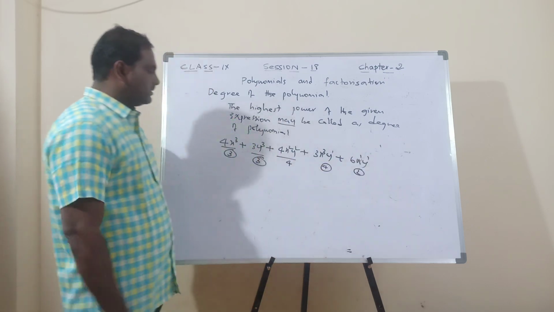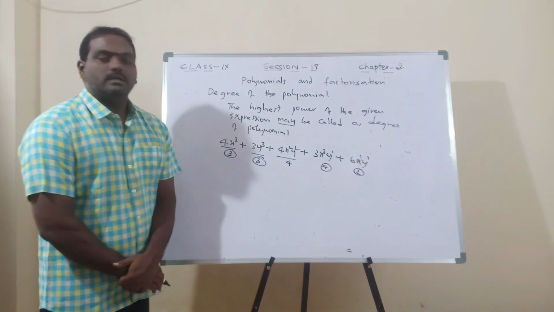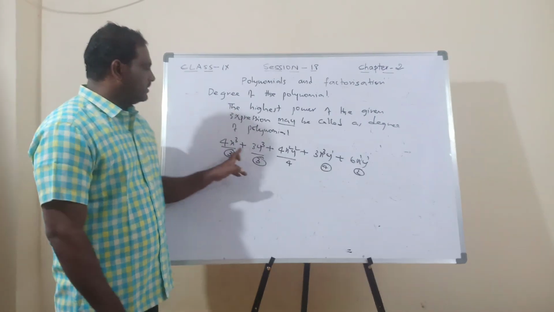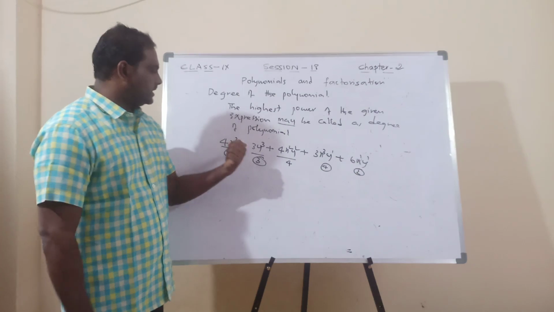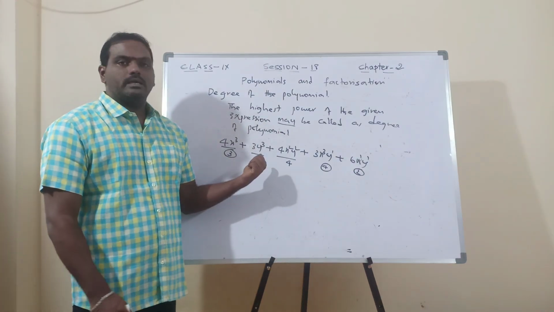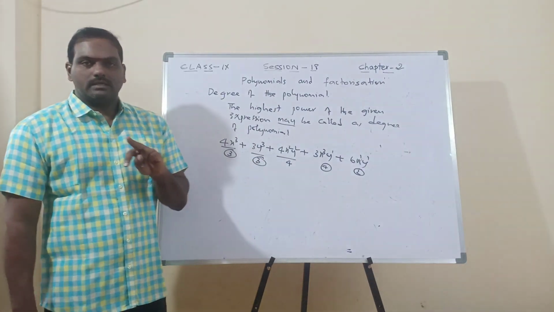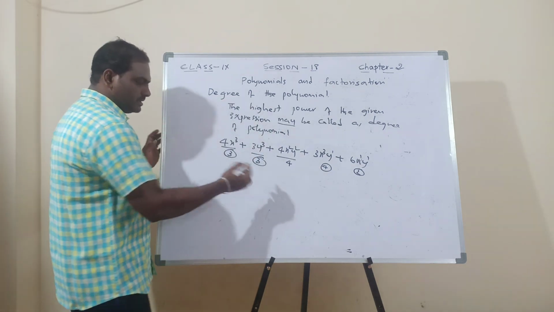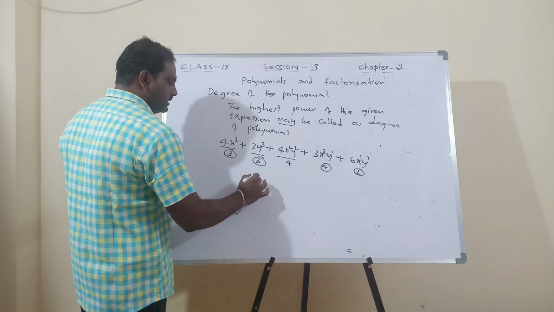Here nothing is given, so 1, 1. Now look at this. What is the degree of this? So the degree of this will be 4. So don't write 2. If a single variable is given, it's okay. If the combination of two variables is given, then you have to write like this. Okay. Next. Now can you write what is the degree of this?